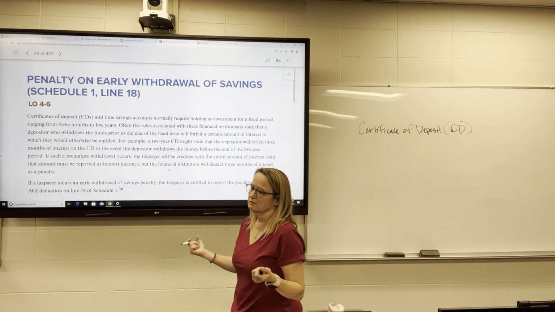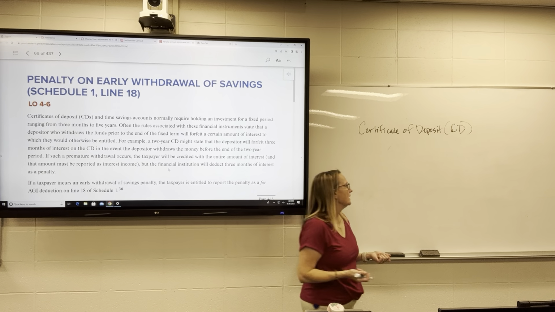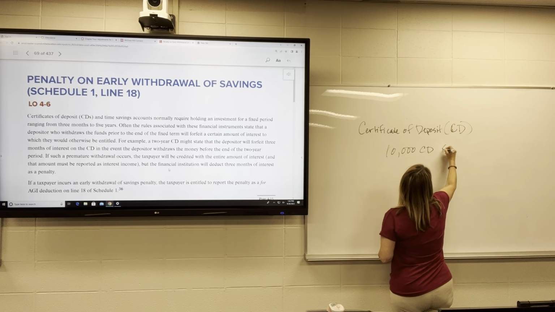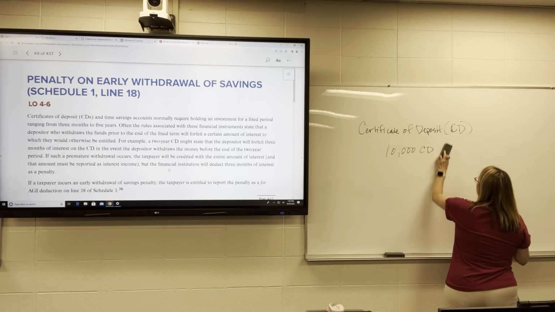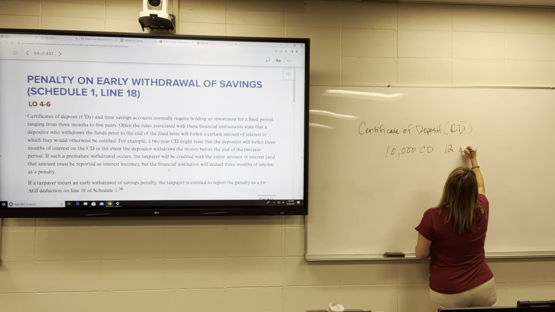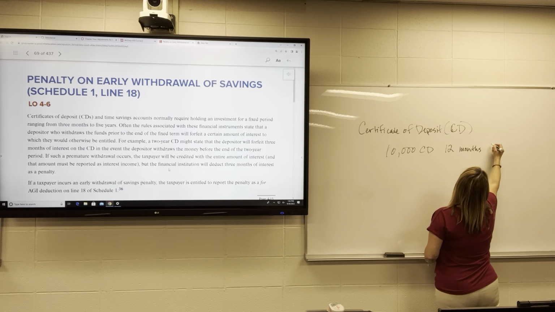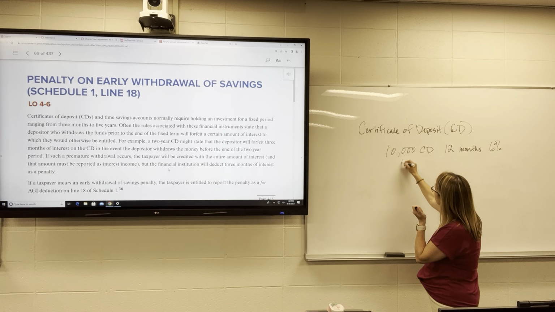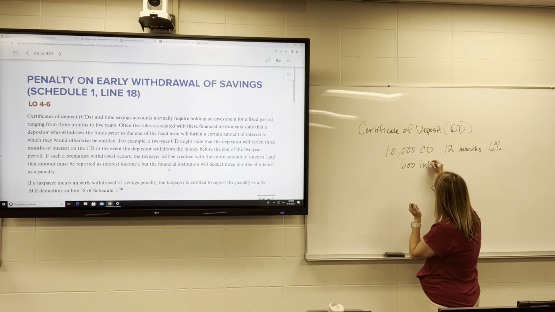So if, let's just say you had a $10,000 CD for, let's say 12 months. And it was at 6%. So that means that for the year, you'd have about $600 in interest,